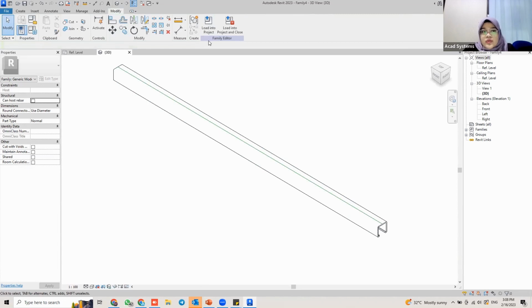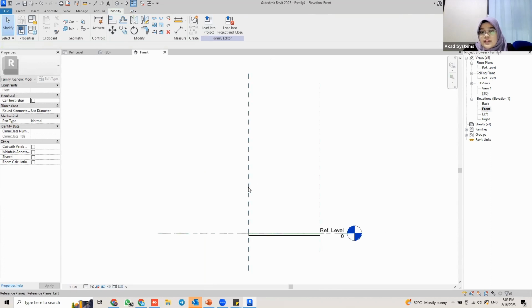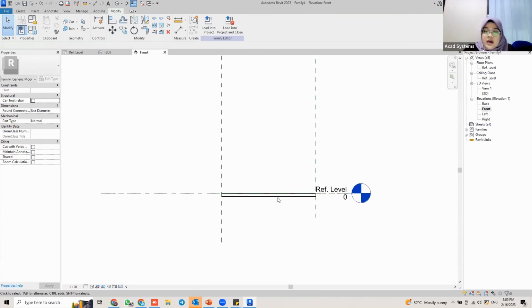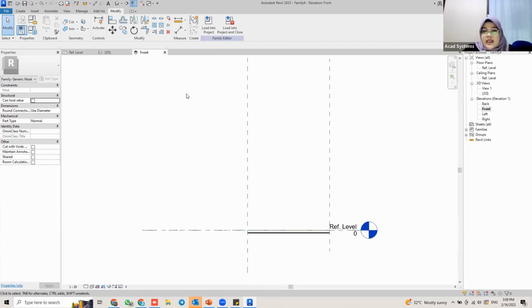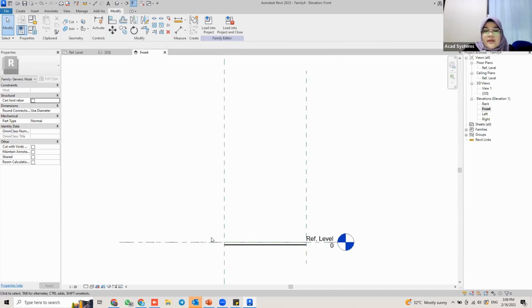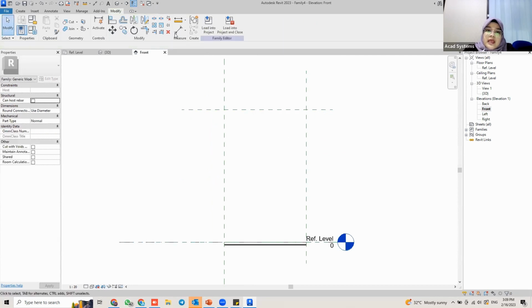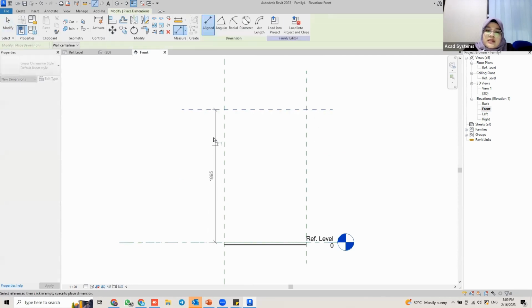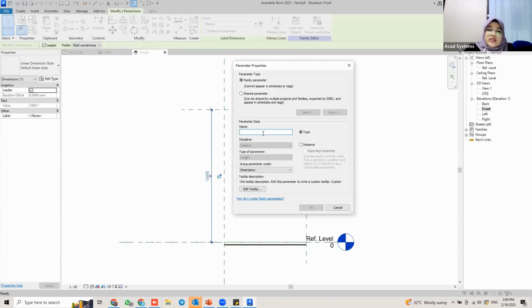So I'm going to level my channel here. So right now, if I go to front elevation, my channel is under the reference level. So I want it to be up here. So what I'm going to do, I'm going to create one more reference plane at this point. Okay, and I'm going to dimension it, and I'm going to assign the parameter for this dimension. Okay, the parameter, this will be the